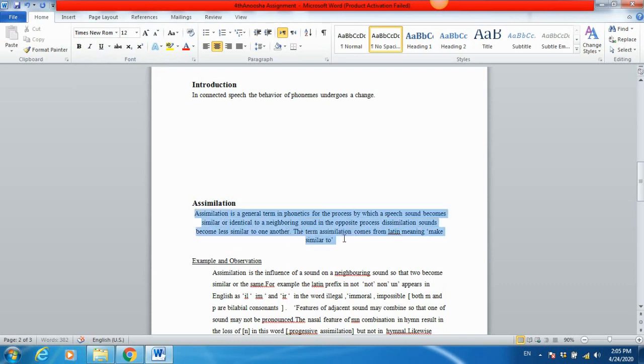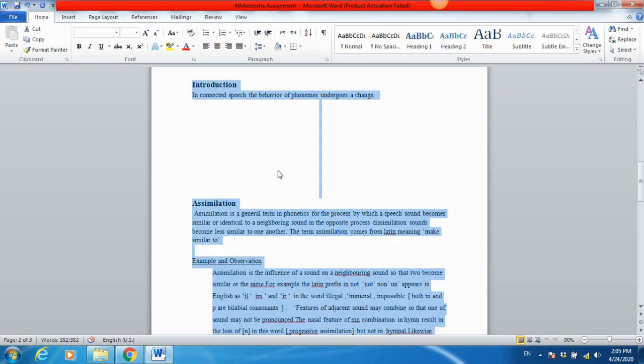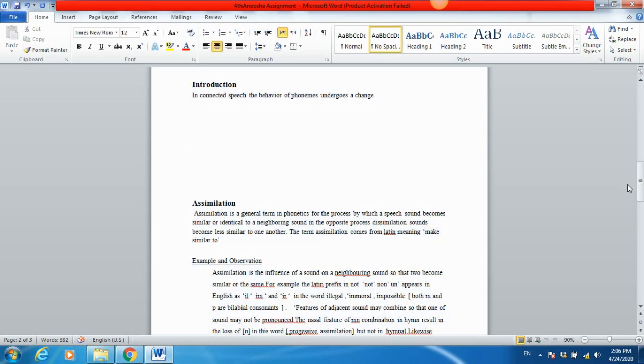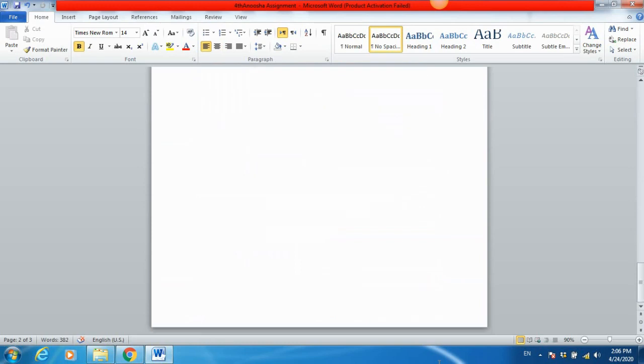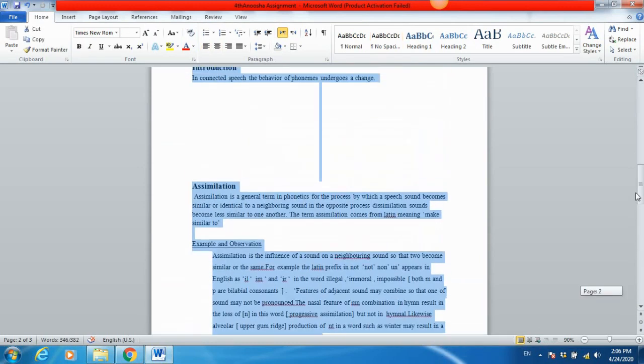Now your text, select all this text. Here is left, or you can press Ctrl and A, Control A like this. I have pressed two keys on the keyboard, that is Control and A. The whole text has been selected. The other way is that you can go to the top like here and click here, then press the left mouse key and drag to the right, and the whole text will be selected like this. After this, once the text has been selected, now press this button, so your text will be aligned to the left corner. Okay, now all the text has been aligned with the left corner.